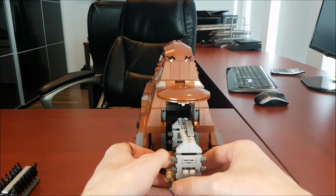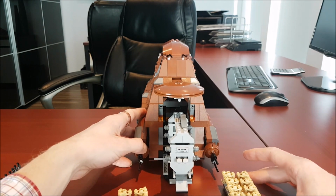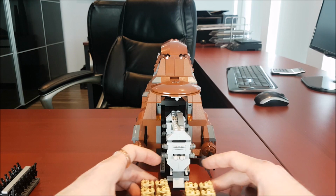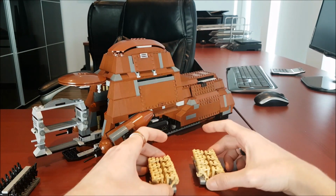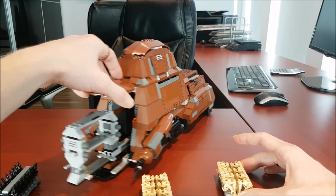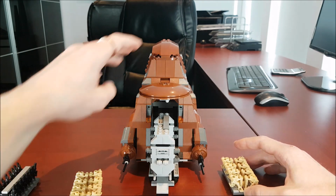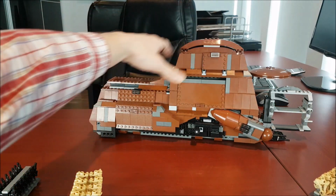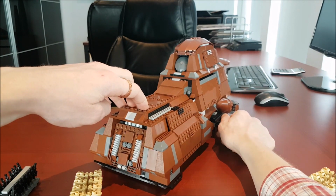The only way they could ever actually make this better, which I don't know if it's possible, is if it literally dropped the droids off as it did it. And then they kind of were out like this. But we're getting really technical that way. I still really like it. Fantastic feature. Really cool. And then what's cool about this too is if you actually twist it back this way to get it back in,